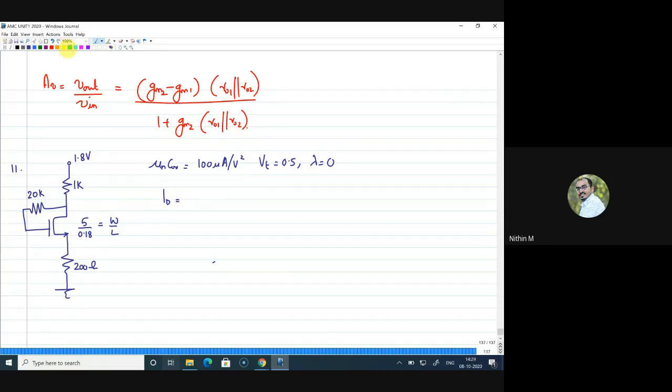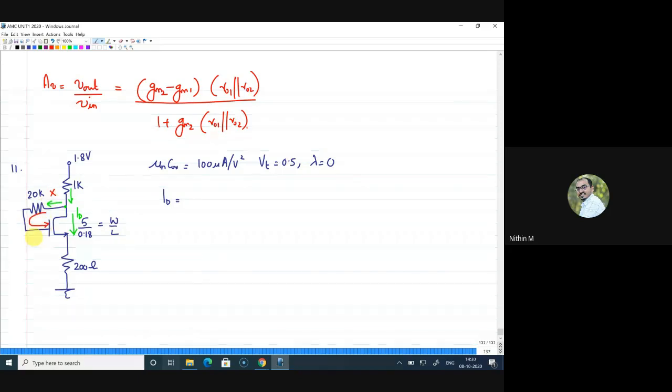Okay, so how to find drain current? Let me draw the current in this. Drain current is the current through the MOSFET. This is ID. There is a junction here, but this ID is coming from here, and the current flowing here is the same as the current flowing here. That means there is no current towards this side. That is the first point we should understand. There is no current because current cannot flow into the gate of a MOSFET. Right, so there is no current through the 20K resistance.